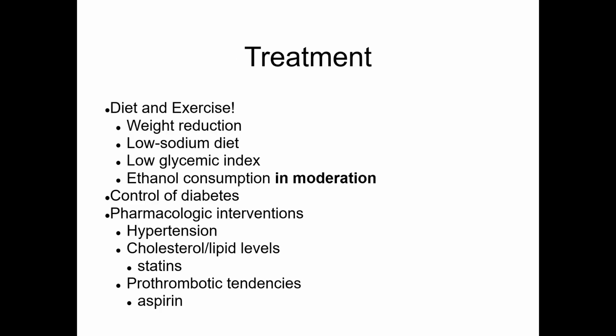The treatment: diet and exercise. The goal is to reduce weight, have a low sodium diet, have a low glycemic index, and ethanol consumption in moderation. Control of diabetes. So there are pharmacological interventions. Hypertension can be controlled with drugs, as can cholesterol and lipid levels. We use statins for prothrombotic tendencies. We can use aspirin for